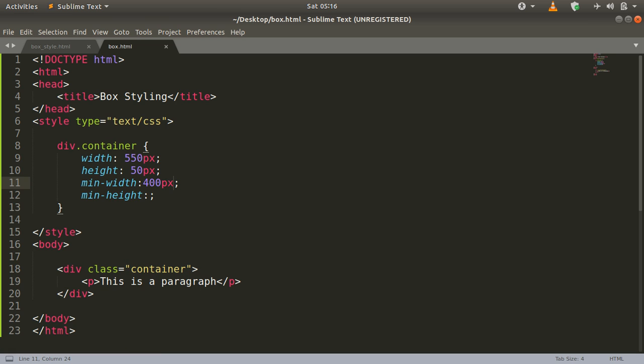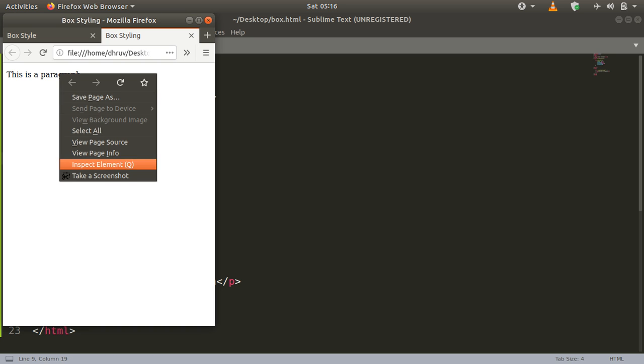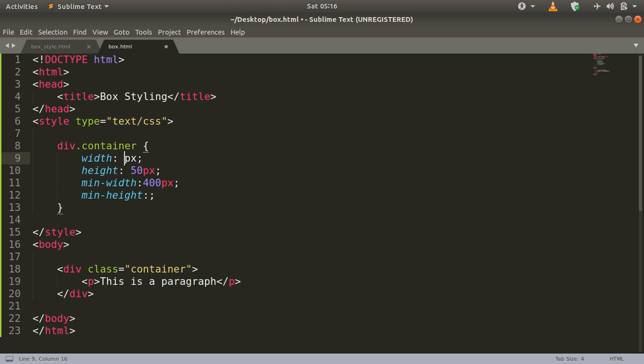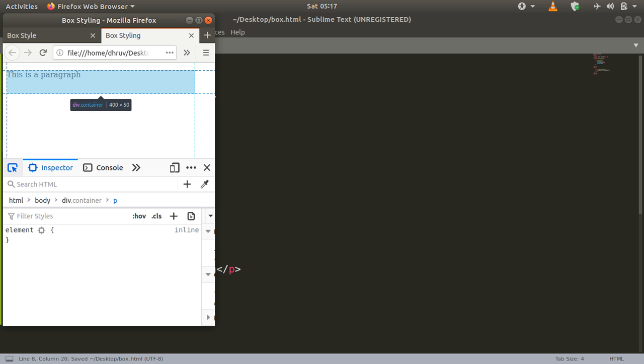So what we can do here is specify this min width and min height property. So let us change this to 400 pixels, and let us see what changes take place. You can right click here and check the properties of this paragraph. So you can see now it is 400 cross 50 pixels. So let us add a greater value to this height and width. Let us say we are giving it the default width of the screen. If you are not going to specify the width, then it is going to take the default width.